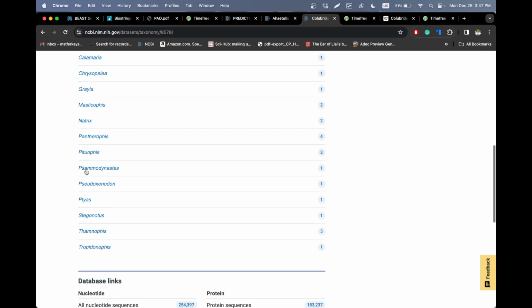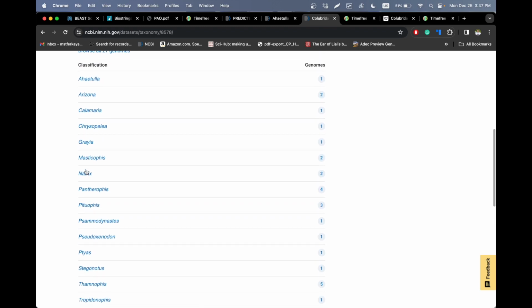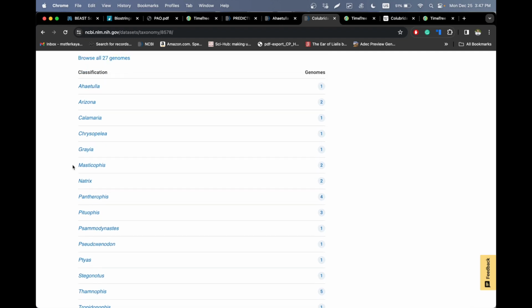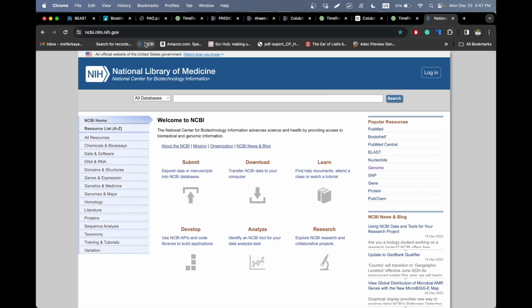Now, although we would like to take a look at Oligodon and Lycodon, as you can see, we do not have the whole genome sequences. Now let's see if we actually have the REG1 sequences for those. But again, we are looking for the complete ones. So let's search it on NCBI